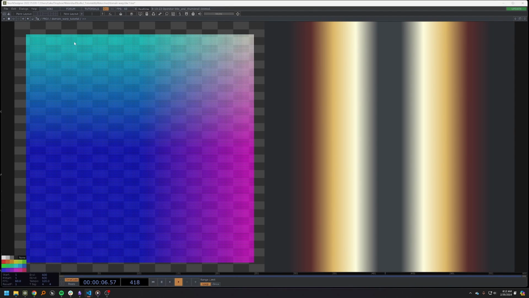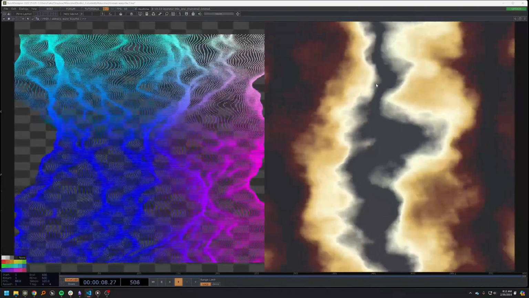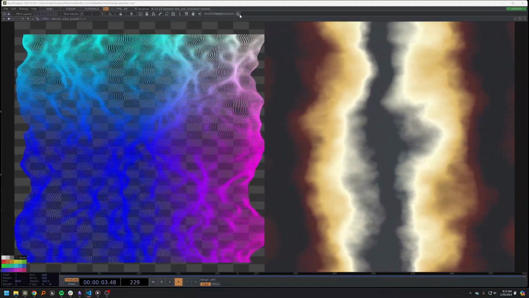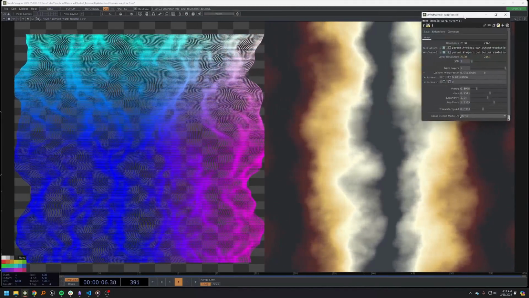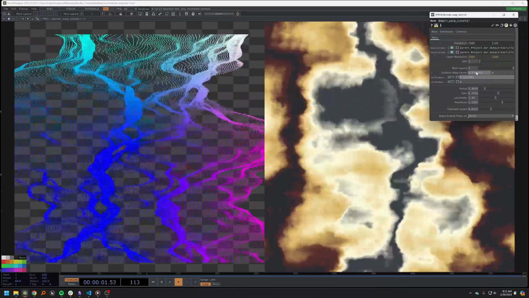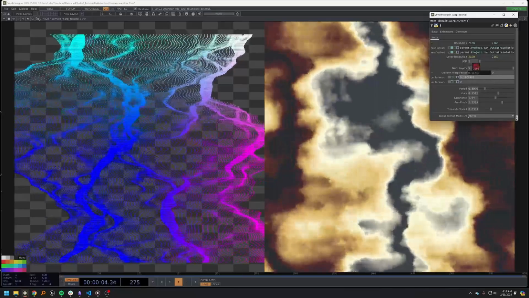So these points are reflecting the XY domain that our noise algorithm is then using to generate its final texture. So any warping that we do is going to be reflected in these dots as well as in our texture. So we can see that when I increase just the warping on the X direction, and maybe it'll be easier actually if I have these parameters up here. So if I increase just the warping on the X direction, you can start to see what happens, and that